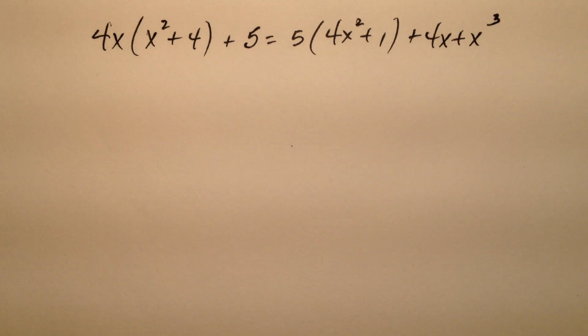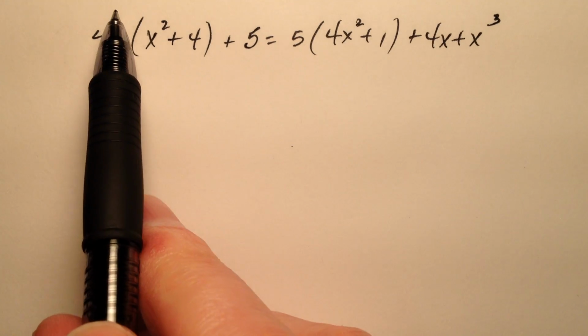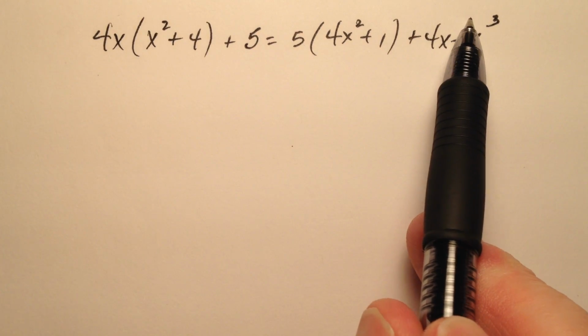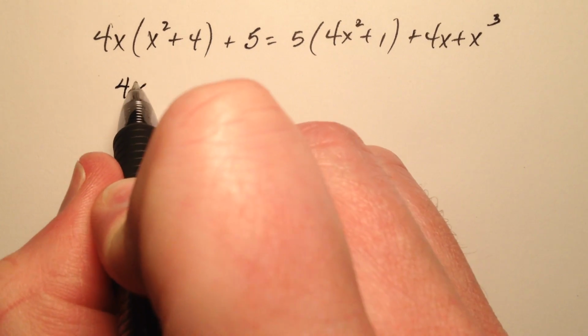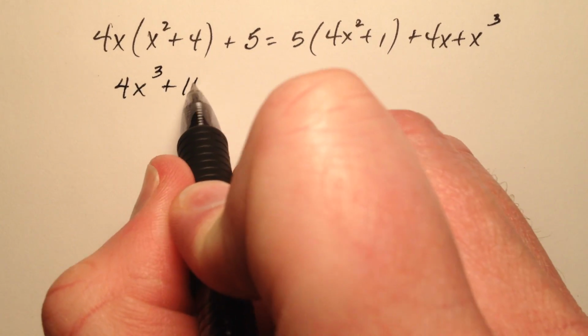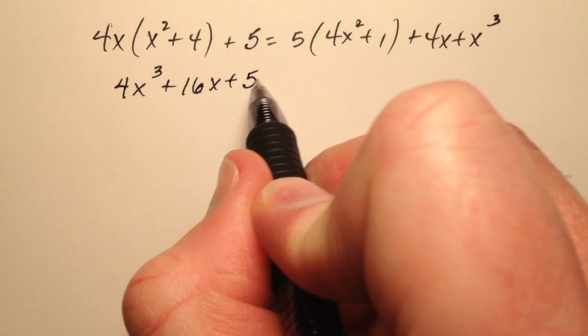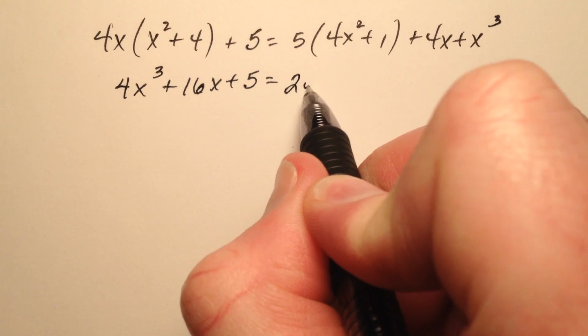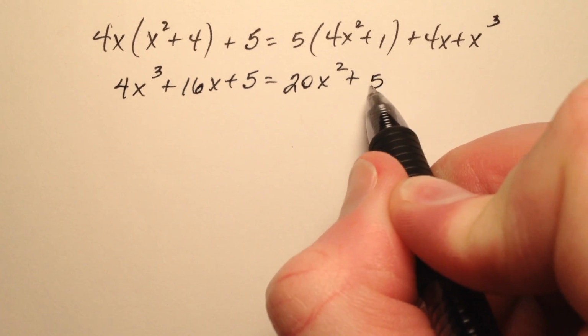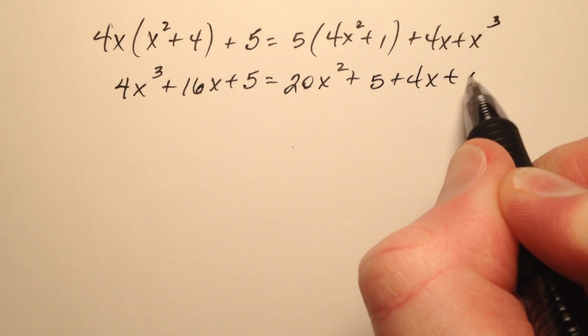Here we're going to solve this equation. We're going to do so by factoring. So I'm first going to get rid of all these parentheses by using the distributive property. So I'll have 4x cubed plus 16x plus 5, and that will equal 20x squared plus 5 plus 4x plus